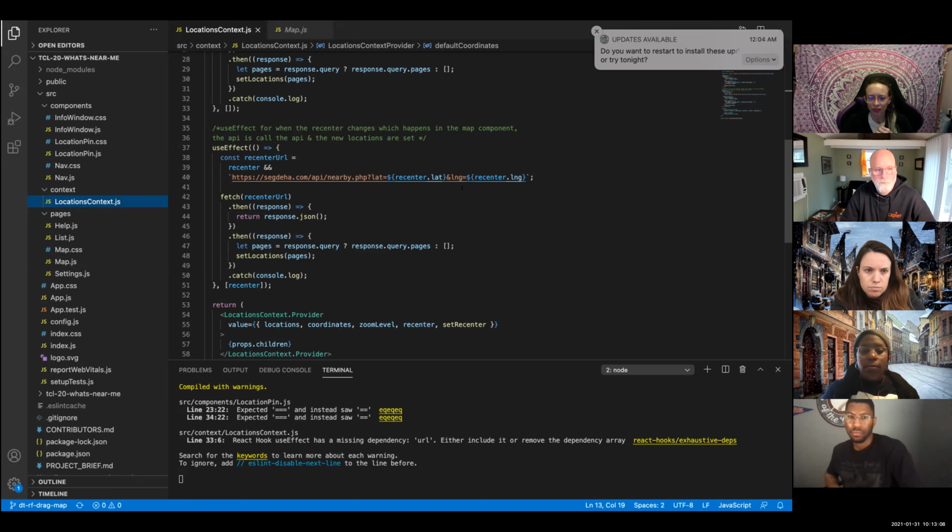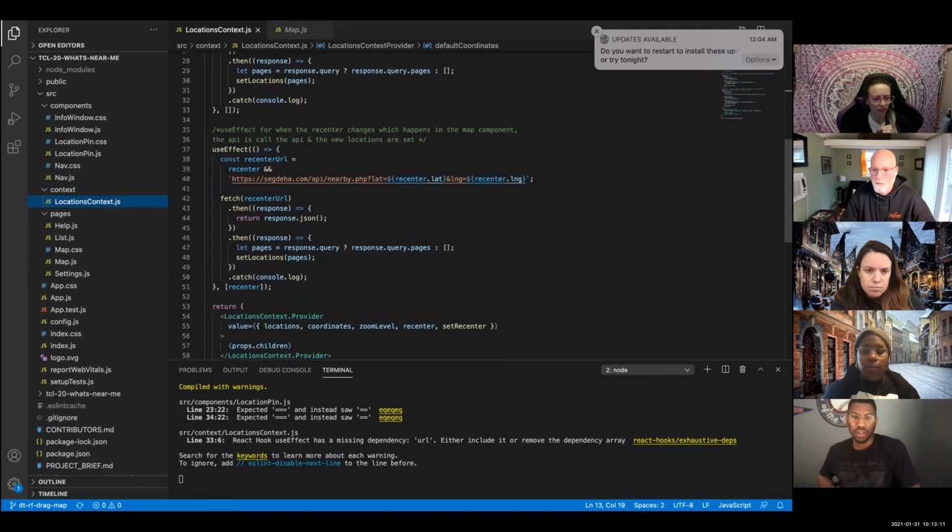As we go through ours, I'm going to have some similar desire for feedback. Rachel and I talked about how Caitlin and I set up our additional API call, and it's another use effect. There's probably going to be 3, potentially even another use effect in location context.